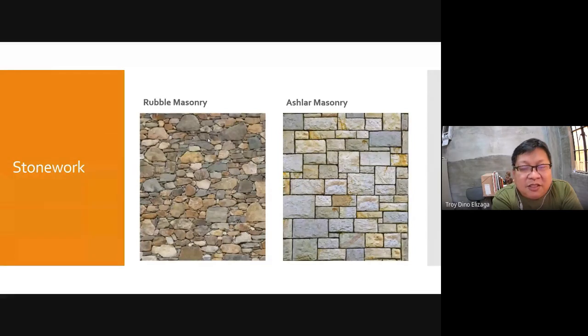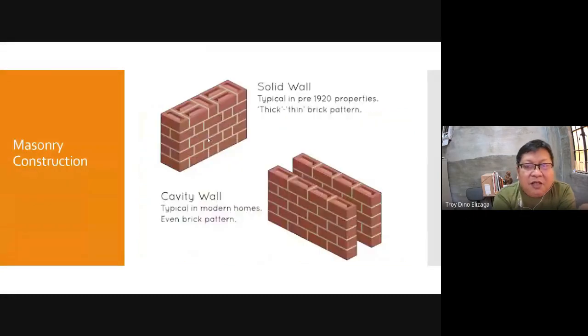So ashlar masonry doesn't have to be all of the same size. It can be different sizes as long as it's dressed. Another term we use for the process of cutting into specific shapes is to dress it. It's different from dressing a chicken, but dressing a stone is like this. Now, in terms of construction, you can have a solid wall made of stones, like the one in the picture we have here. Usually this is employed in retaining walls,